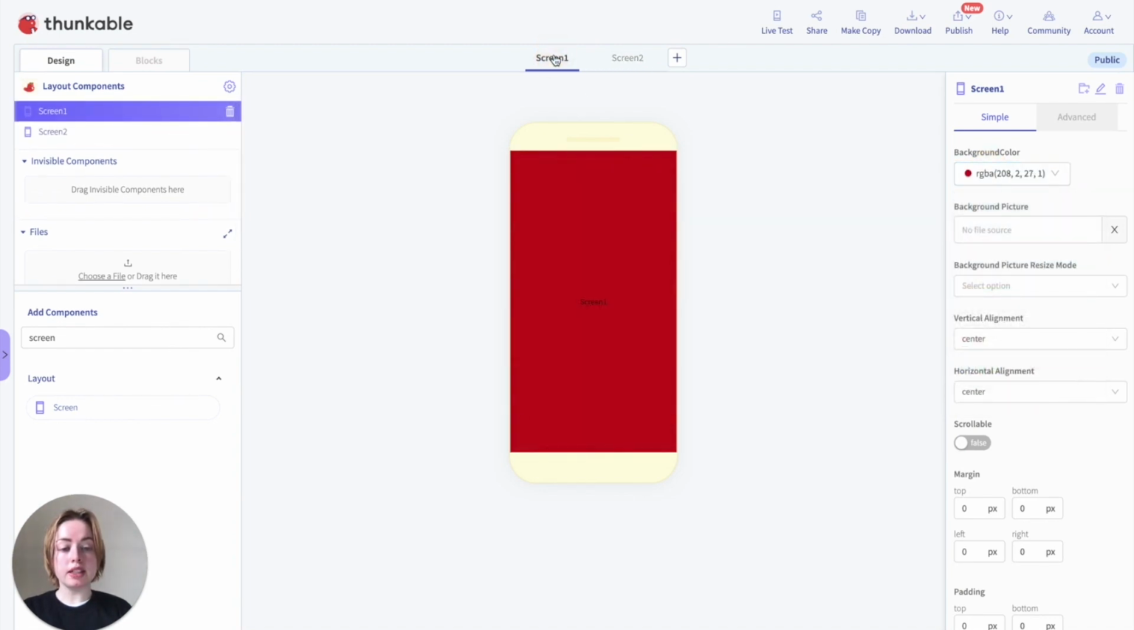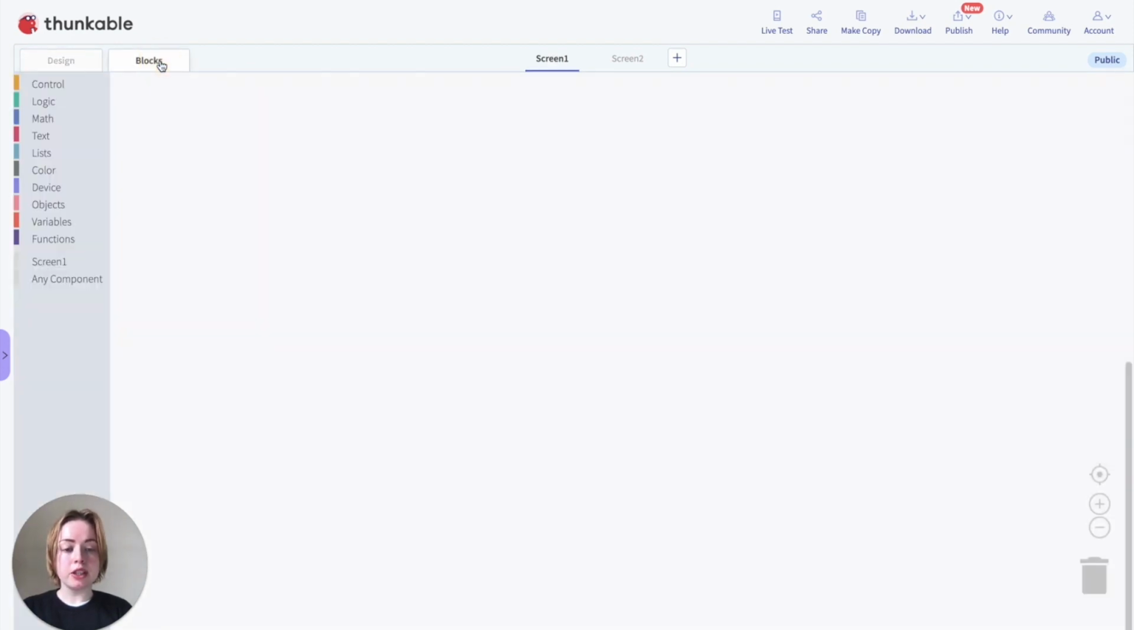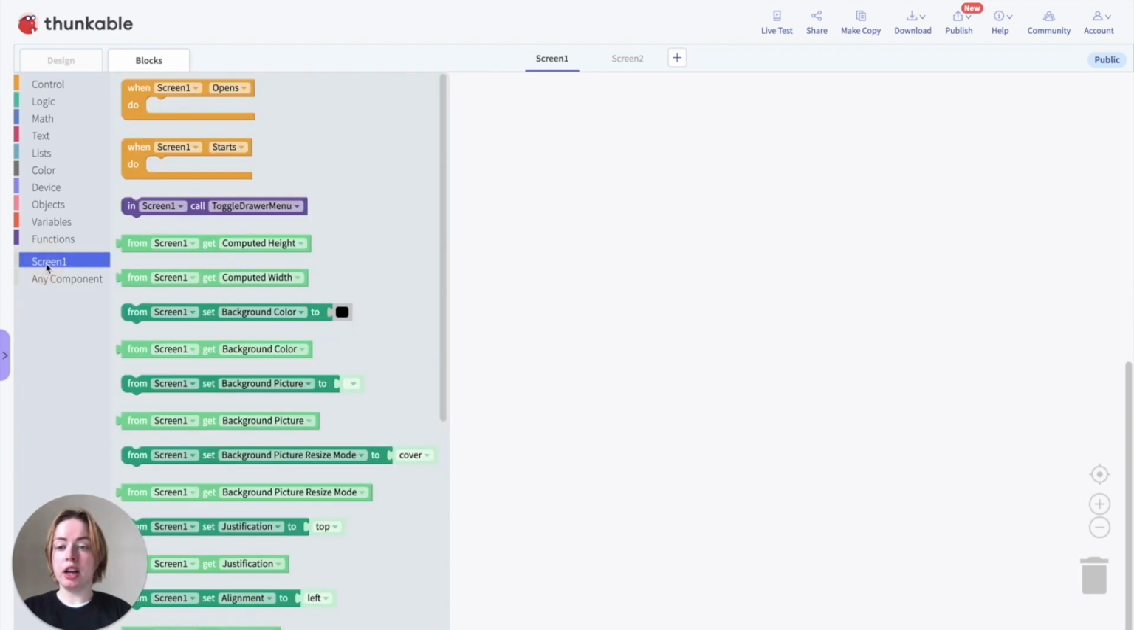There are a few ways to switch screens. Let's go to the block section. The first way to switch screens is with time. You can program your app to switch screens after a certain amount of time. You would do this if you wanted to create a branding screen, which shows an image or name before going to the actual app. Go to the options for Screen 1 and drag in a When Screen 1 Opens Do